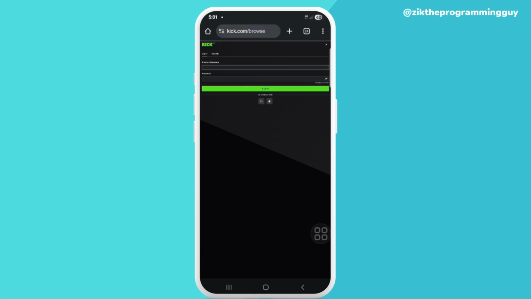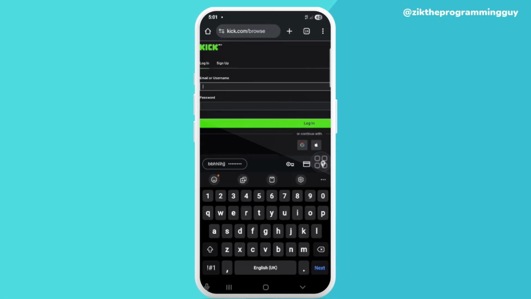If you don't have an account, you can actually create one. And if you don't know how to create an account, you can go to my channel and check my videos. You're going to see a video where I actually show how to create an account for Kik. So the next thing you have to do, you just have to input your username just like this and